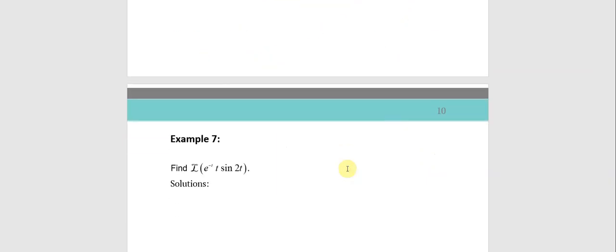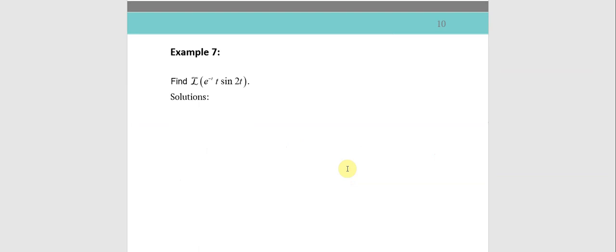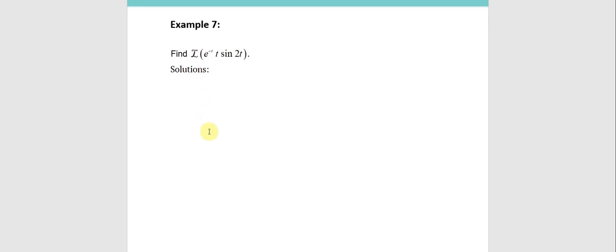Okay, for example 7, you need to find the Laplace transform of e^(-t) t sin 2t. In this question you have to be careful because you have three different functions of t here: exponent, polynomial, and sine. So for this Laplace transform, we need to transform one by one. You need to see carefully. So firstly,